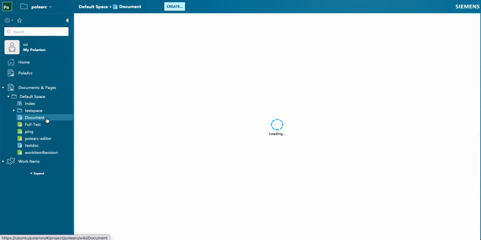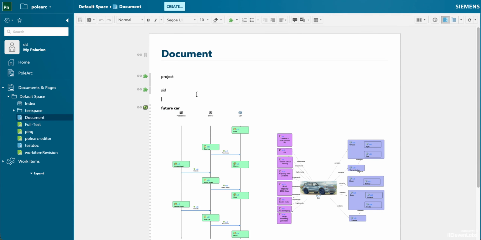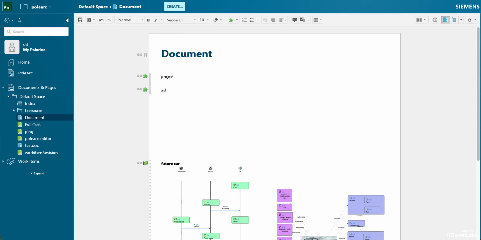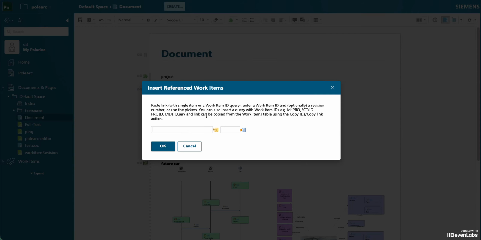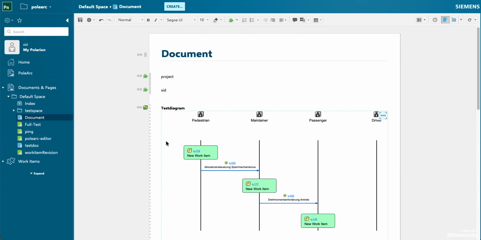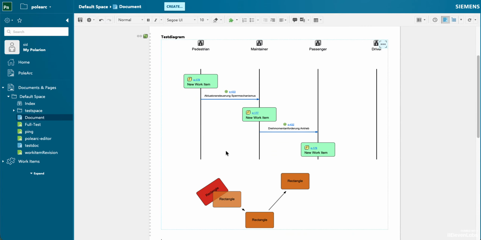Or should we take this? Now I can simply do it here in the classic traditional way. Integrate the diagram, and from now on I can also use the colons here to